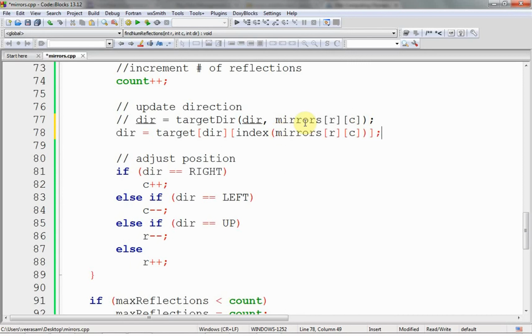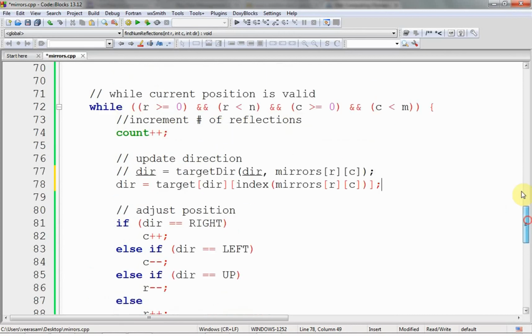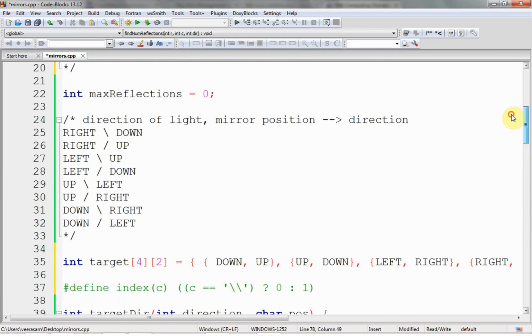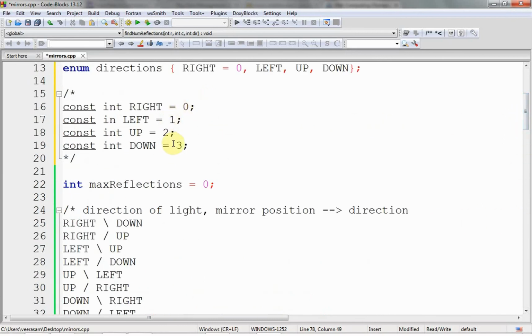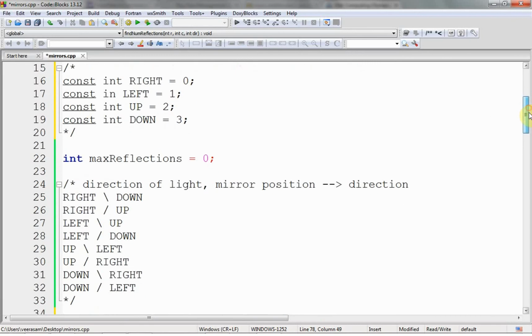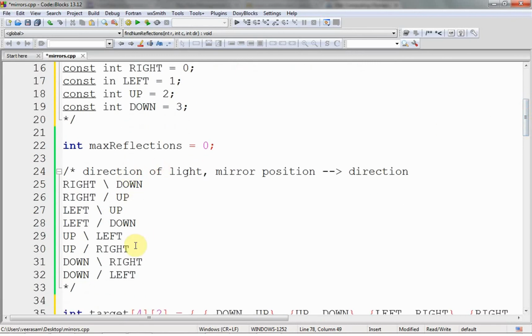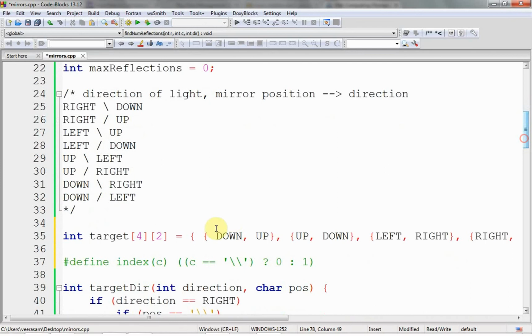How does all this work? Well, it's a two-dimensional array, right? We know the direction. Direction is mapped to 0, 1, 2, 3, right? And we are mapping backslash and forward slash to 0 and 1. So we are using that as a second index to access